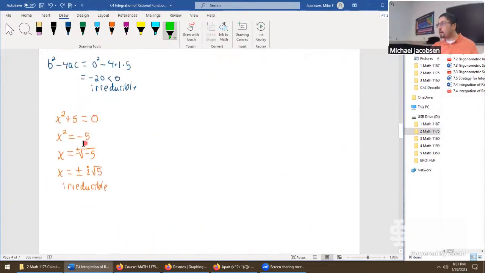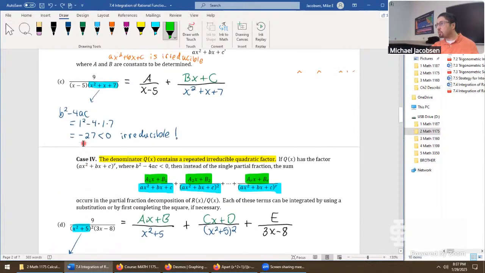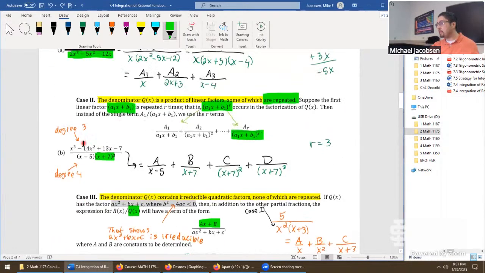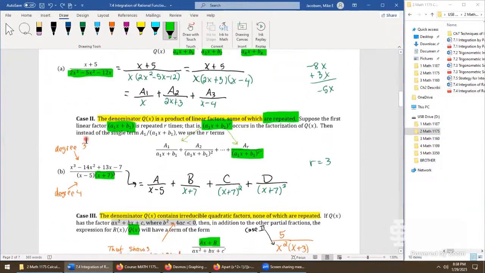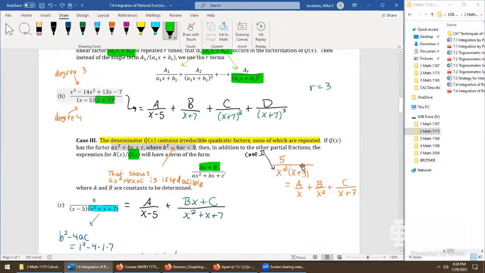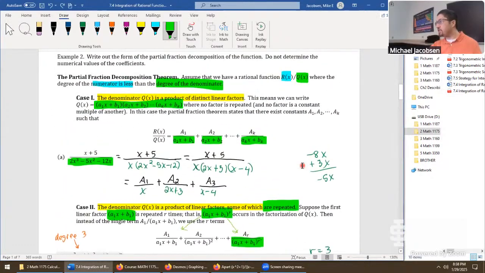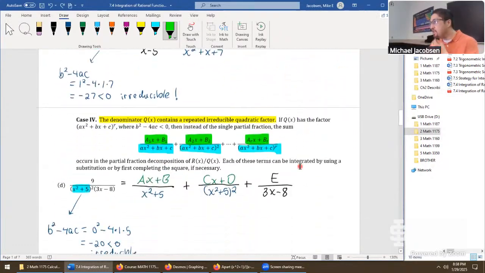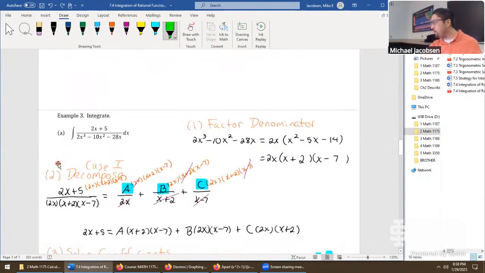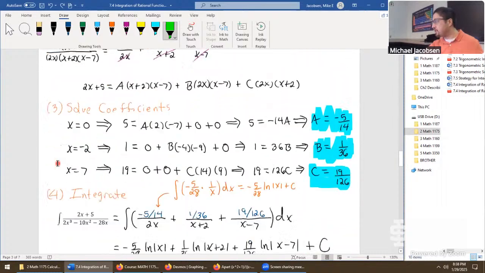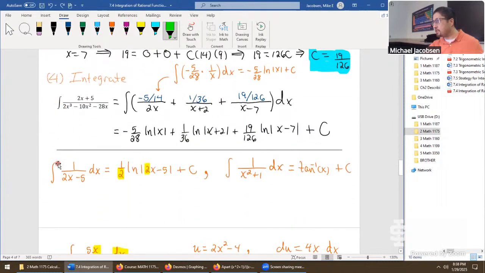You said it was an x squared plus 1? I remember it being in orange as x squared, either plus 1 or minus 1. Let me see if I can find that here. I had the x squared plus 5 here, but as far as an x squared plus 1 in orange,